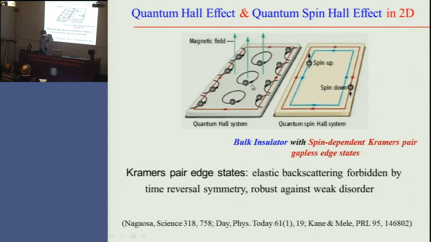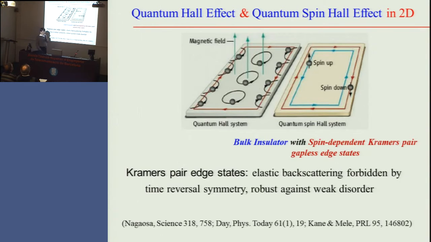But without the magnetic field, in some materials which have very strong spin-orbit interactions, this kind of thing happens, like the quantum spin-Hall effect, which can happen on the surface of a topological insulator. The difference between this and this is that this one needs a very high magnetic field, but this one can happen without a magnetic field, only with very strong spin-orbit interactions. Some state is needed.